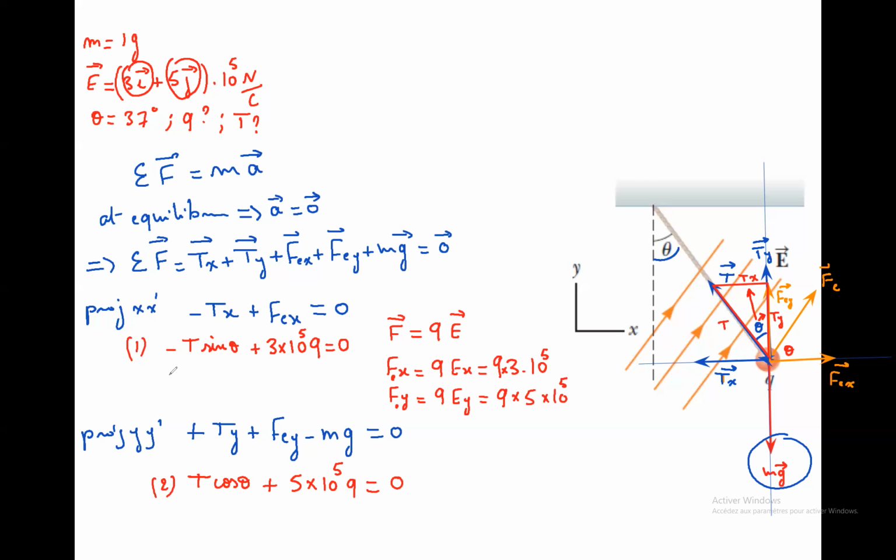We can put T to the other side, T equal 3 times 10 power 5 q divided by sine theta equal 37. Okay, this is equation 1. And here we have T equal,